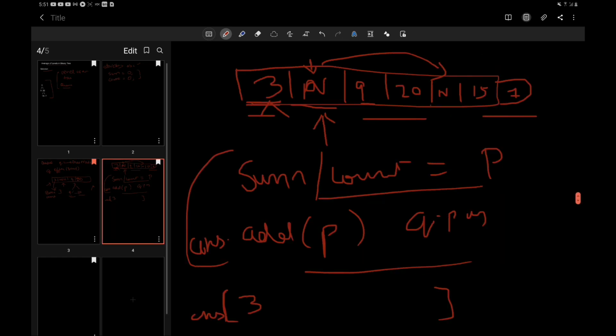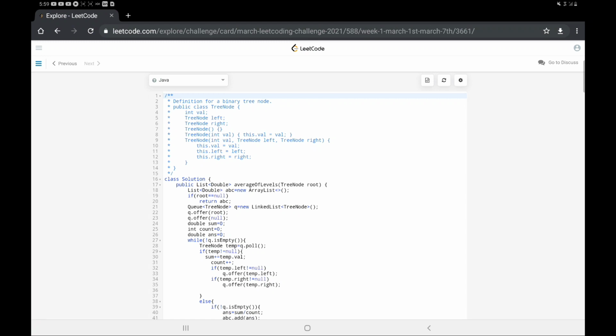All right, now when we encounter null, we have computed this, and 9 and 20 are still in the queue. All right, so we again add null to it. So after that, when we push out 9 and 20, and when we encounter null, we also reset our count as well as sum value. It will be more clear when you see the code. All right, so I think it's clear now, and let's see the code, and it would be much clearer then. So here is the code.